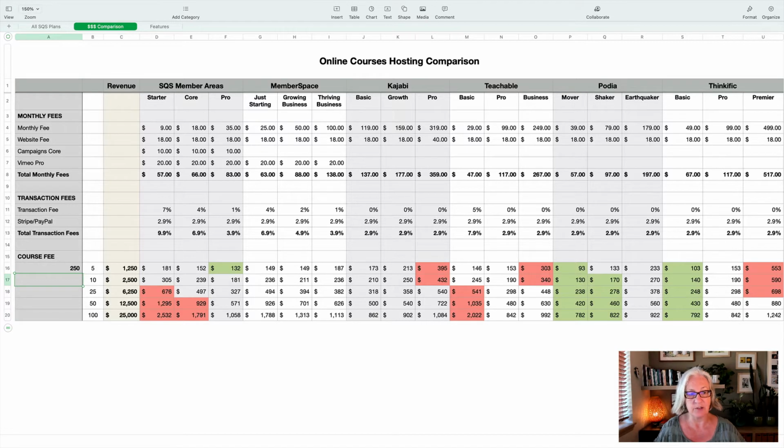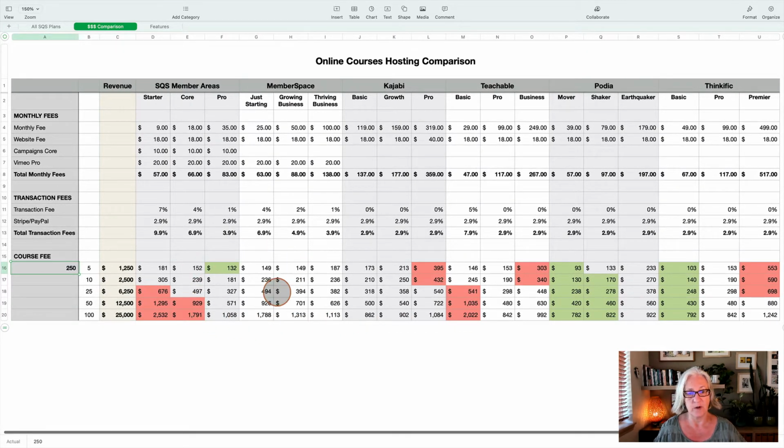So you can absolutely play around with that. Or if you don't want to use a course fee, you can also just type in a number here of your projected monthly revenues. And then here, I am using formulas. And again, you can download the spreadsheet and then play around with that if you're comfortable with formulas. But you don't have to touch those, so the only thing that you can change is the course fee, or here maybe how many you sell a month. Everything else is automatically calculated using the formulas. So let's have a look at the costs of each of these